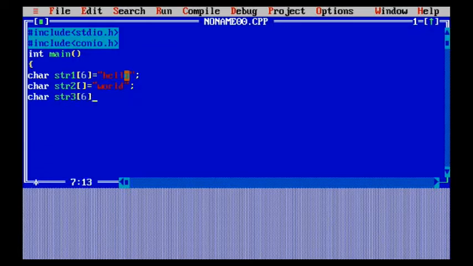Another way is that we can declare a set of characters as a string. When we are talking about a set of characters, when we want to give just a single character, we add it in single quotes. Here you can see I have now written hello in single quotes, given it as a full string, and given the size of the string as 6. As I told you, whenever we want to add a null character, we need the size to be one more than the characters we want. Then we are going to print string 1, string 2, and string 3.